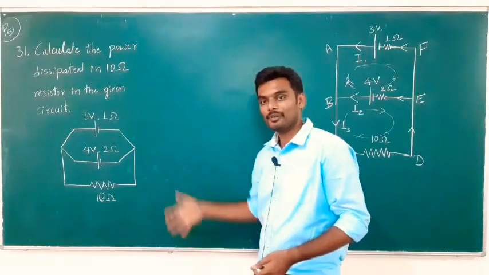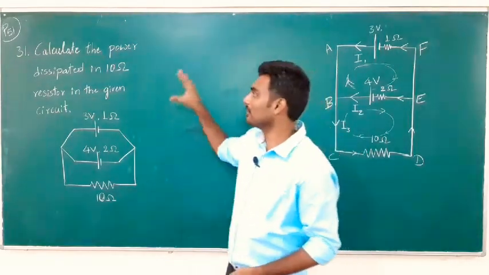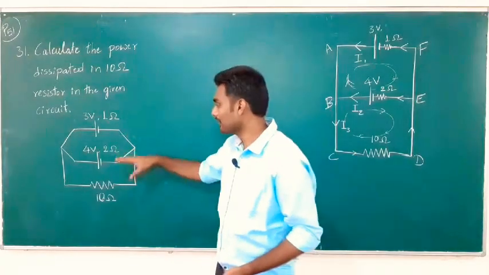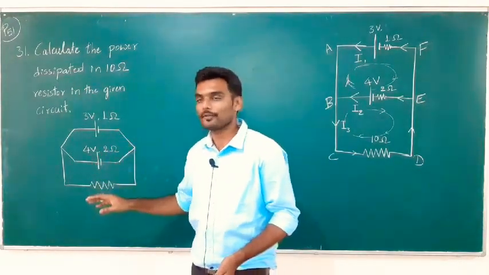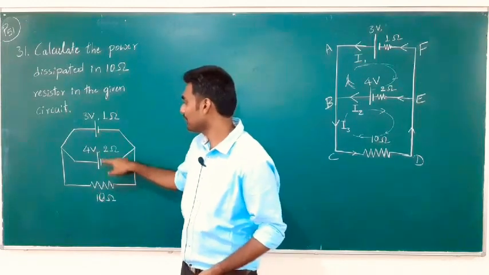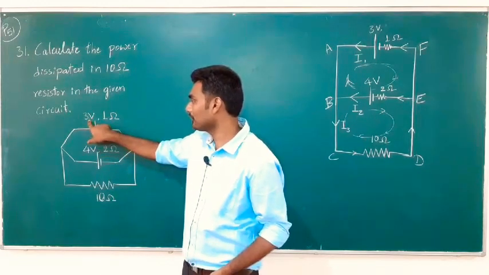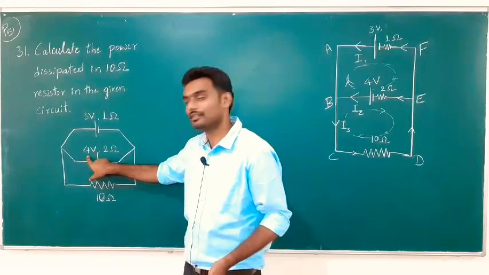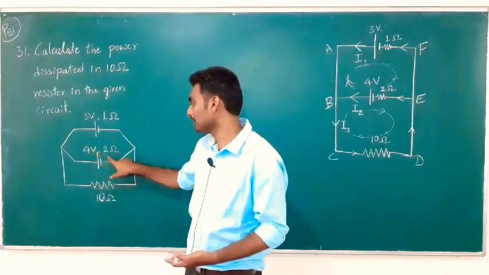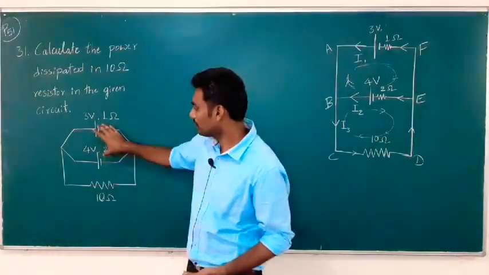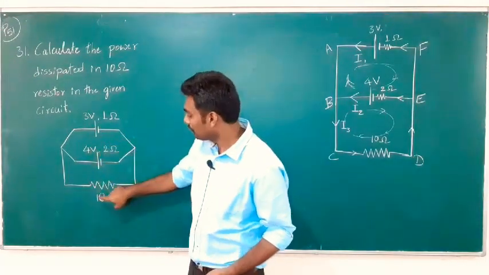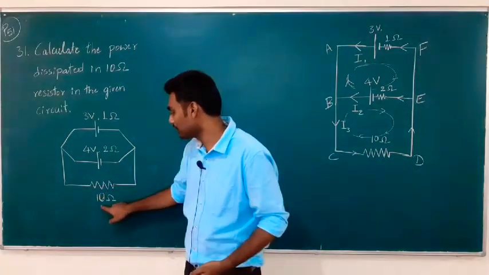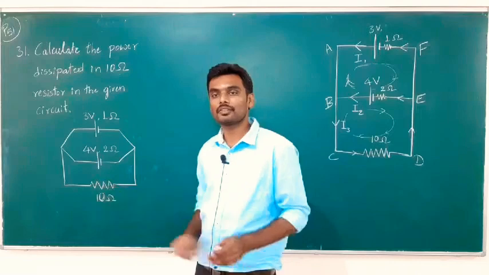So no descriptive kind of question is given, it is only a short form of description given with the circuit. This circuit has all the data that we require. We have two cells given, one cell is of EMF 3 volt and internal resistance 1 ohm. The other cell has the EMF of 4 volt and internal resistance of 2 ohm. Both of them are connected in parallel along with the external resistance of 10 ohm. So this is the circuit given.